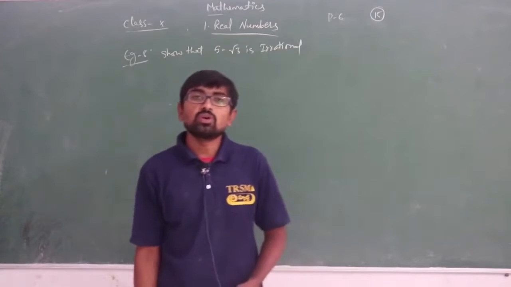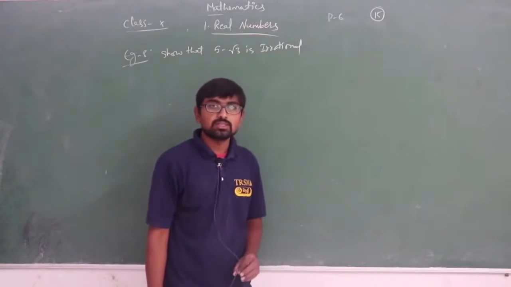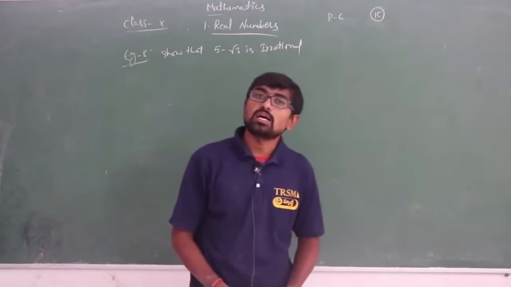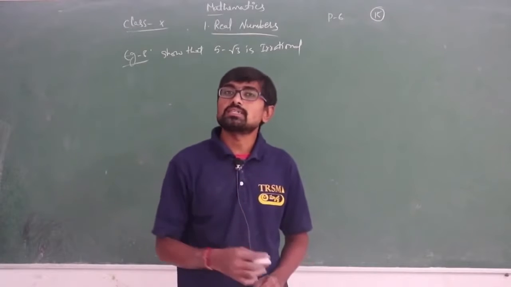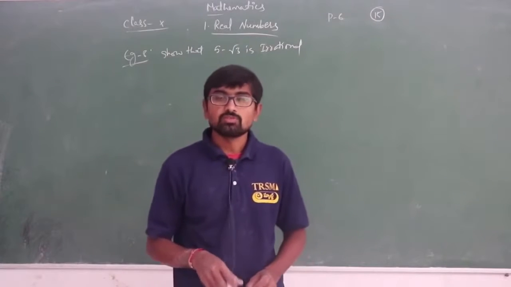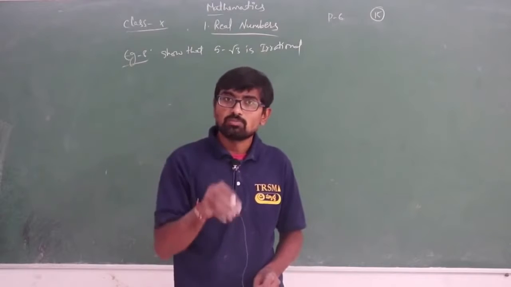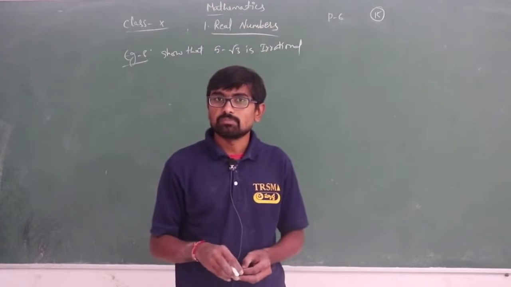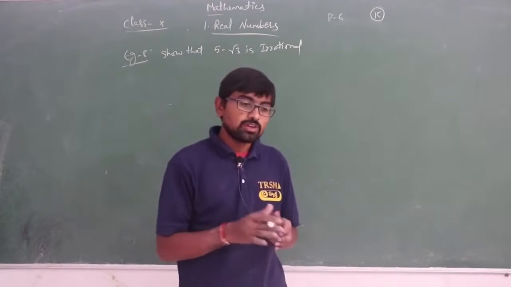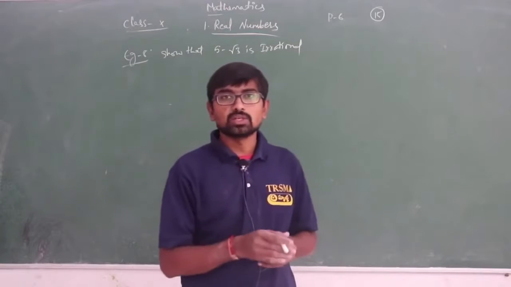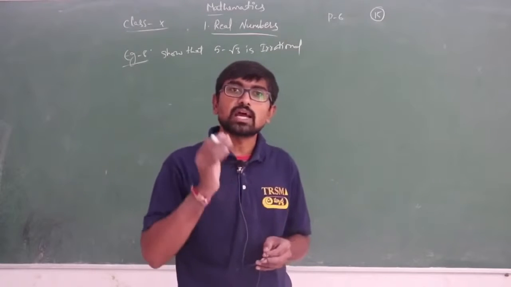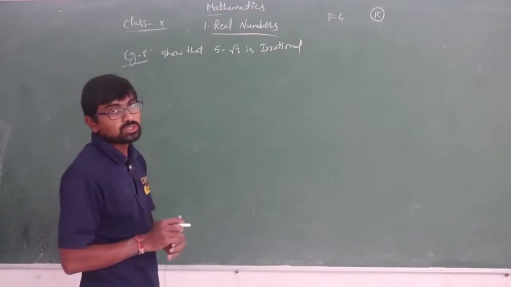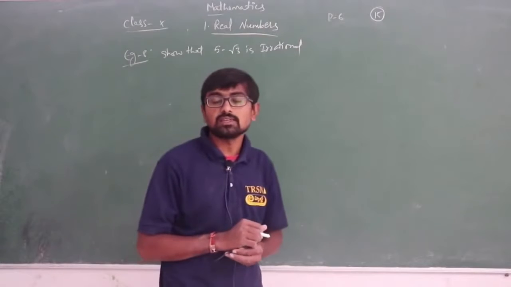As I told you in your previous class, whenever we are discussing negative terms, first we have to assume them as positive. We also did general examples in our previous class. So whenever we talk about negative terms, first we think of the terms as positive. Here we are saying 5 minus root 3 is an irrational number.